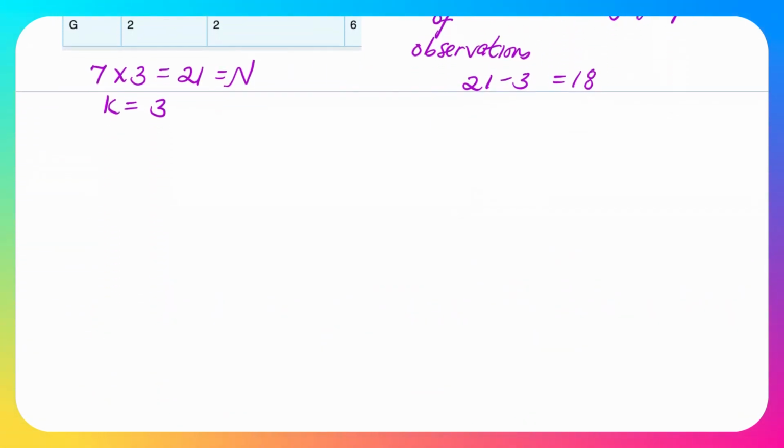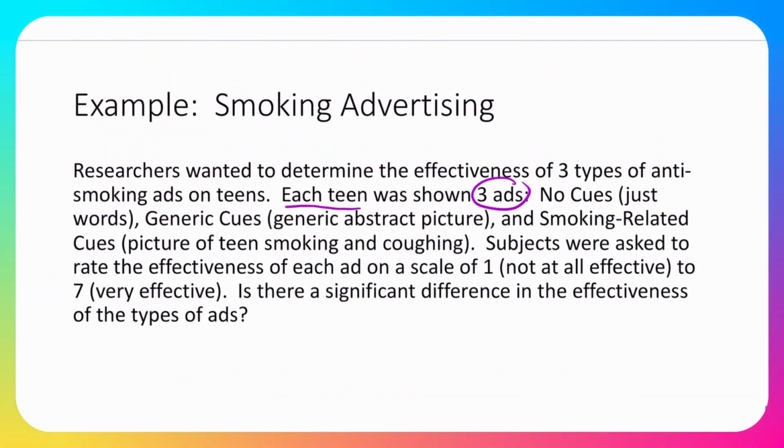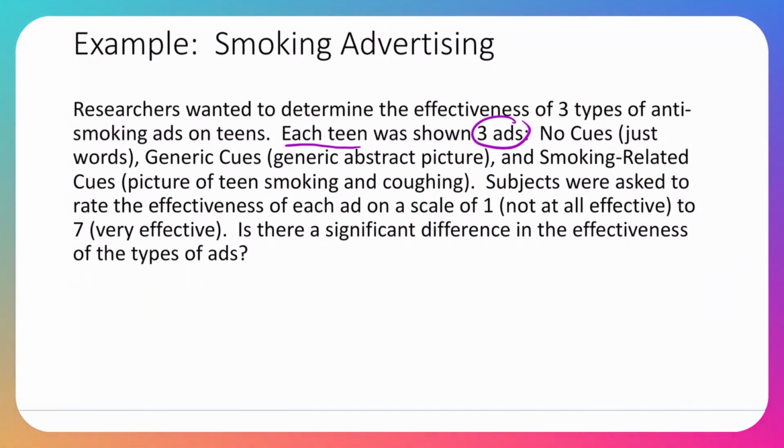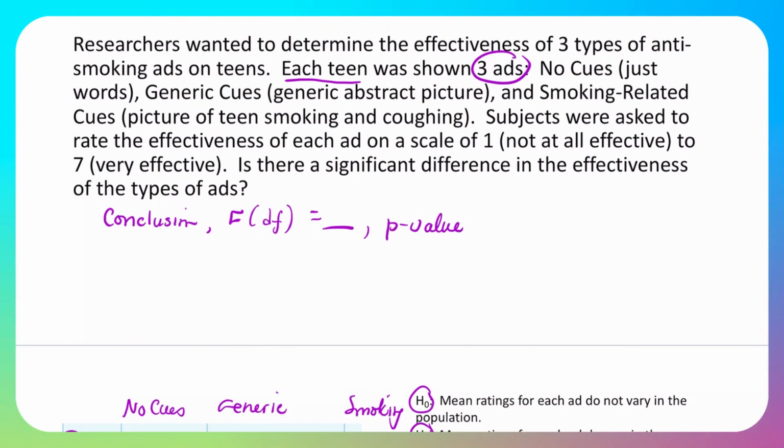Okay? All right. So if we were going to write that conclusion in APA format, let's go back to our APA format. So it's conclusion, and then we have our F with our degrees of freedom, and then we have our p-value. So in this case, we would say something like, we are rejecting our null hypothesis because our p-value is so small. So the mean ratings do differ